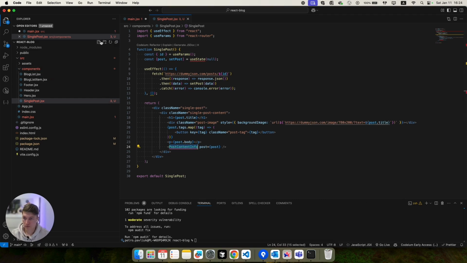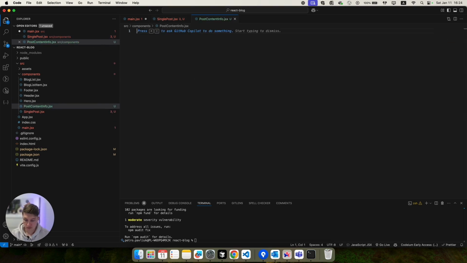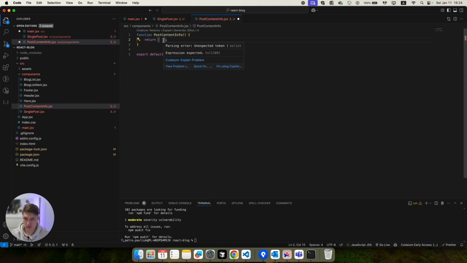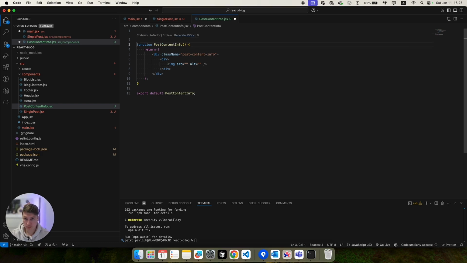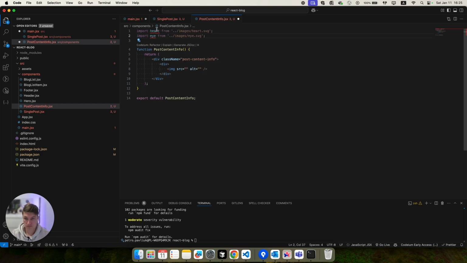Now let's create this component. I'll create another file, and in this file, it's just a simple component. I will add a div with a class name post-content-info, and a div with the image. This is the image for likes. First of all, we need to import some icons.